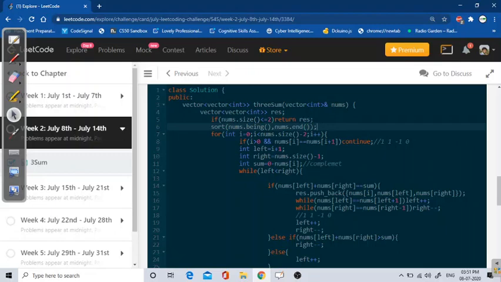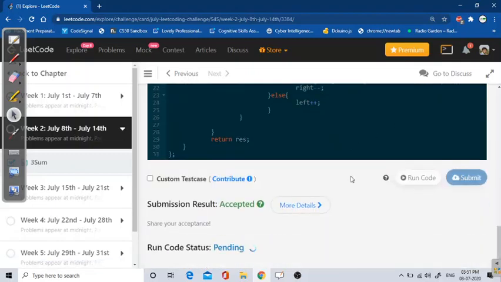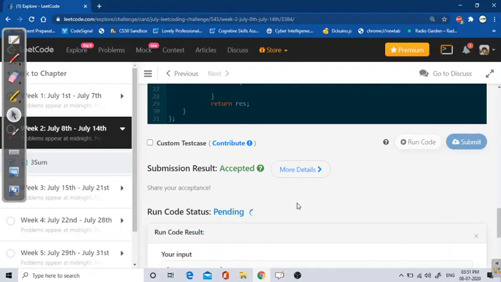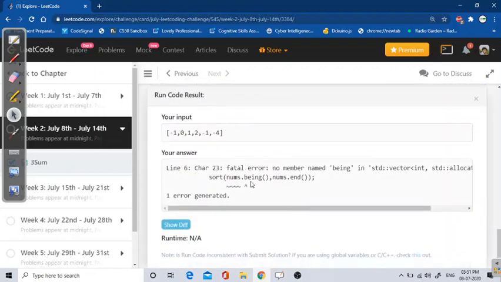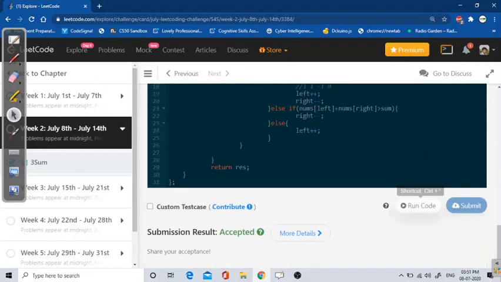After sorting we have to do these things. Let's run now. Compiler error, nums dot begin. Okay, small spelling mistake. Begin, right? Let's run now.